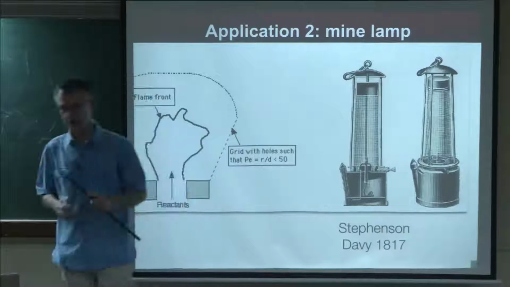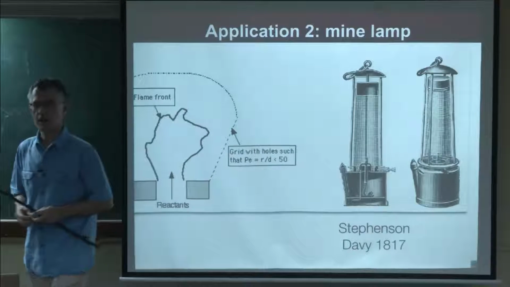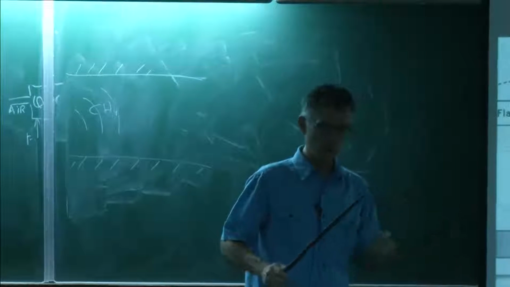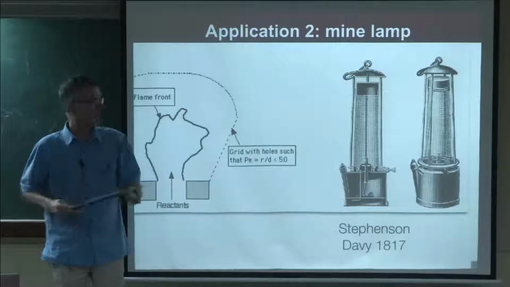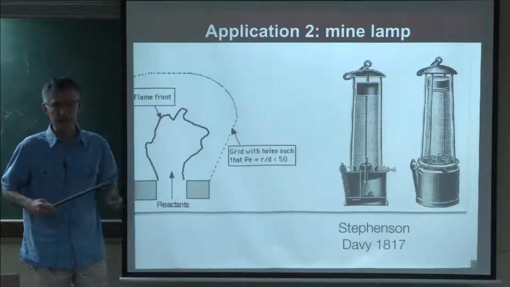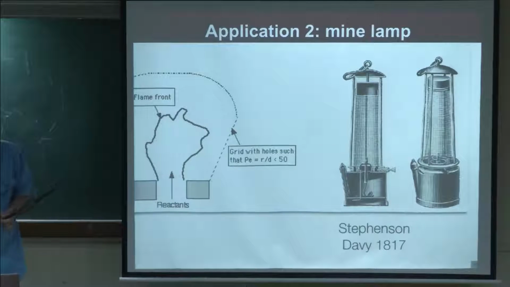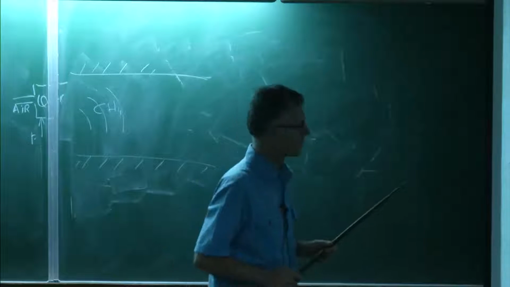So now everyone knows the name of Davy, but it seems that this guy, Stephenson, there are actually papers which were published in the 20th century about it. They got all the letters from the two guys, they got the papers, and they really think that Stephenson never stole anything. He just got the idea like Davy. It was an almost obvious idea at that time, but of course, it's better to be a lord than to be a normal citizen, as you know.